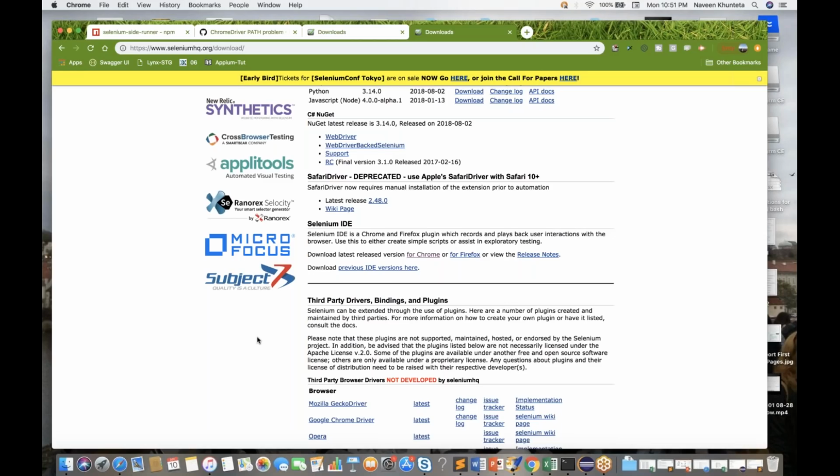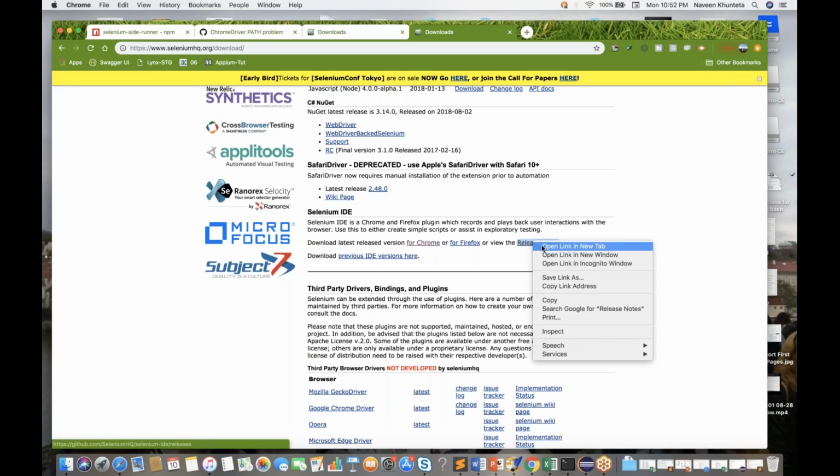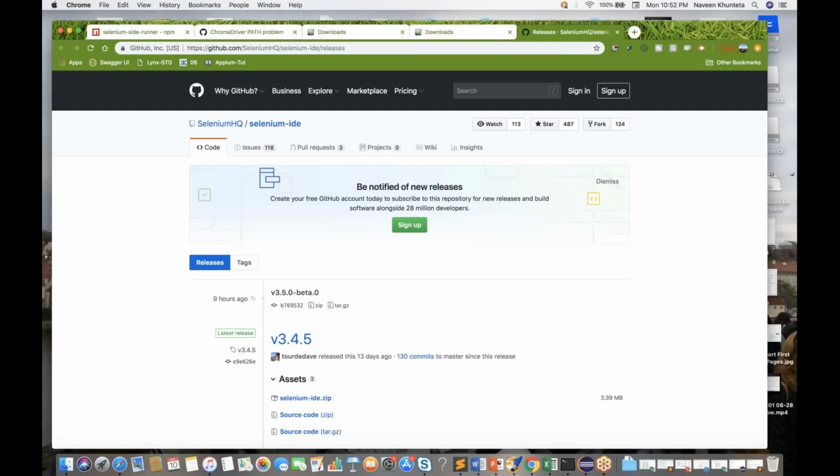So I'll check with Google Chrome and Firefox, but Chrome I'll be more comfortable with, so I'll be using Google Chrome for Selenium IDE. But before that, let's quickly have a look at the release notes of this particular Selenium IDE. If you see their GitHub project, Selenium IDE is a separate project. Just 9 hours back, this version